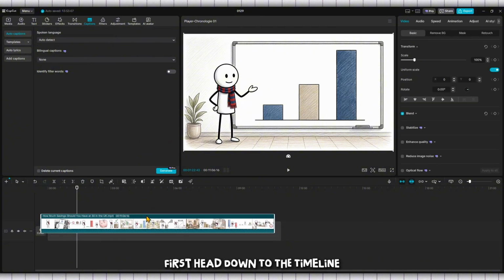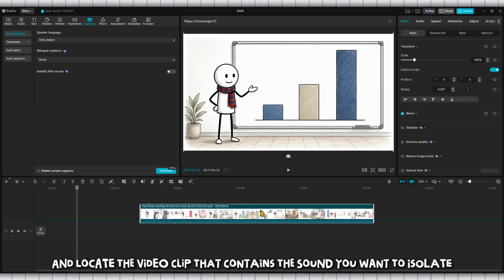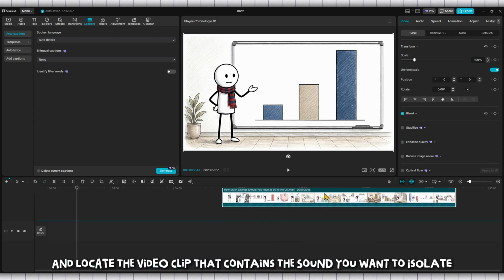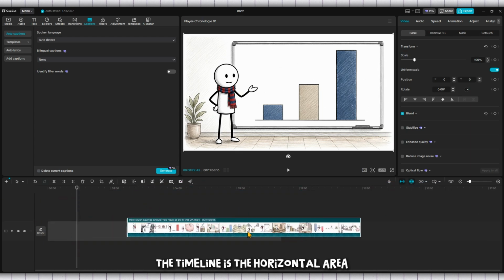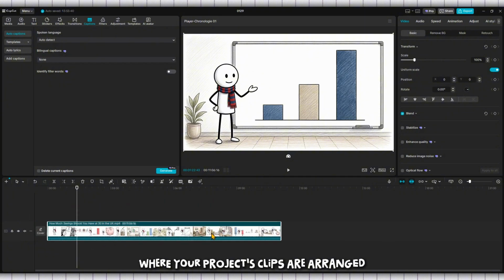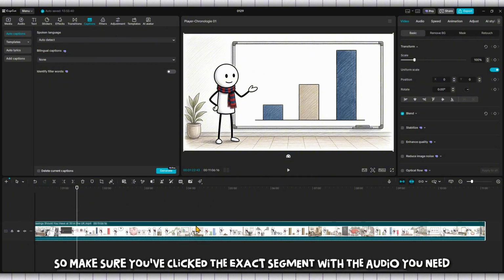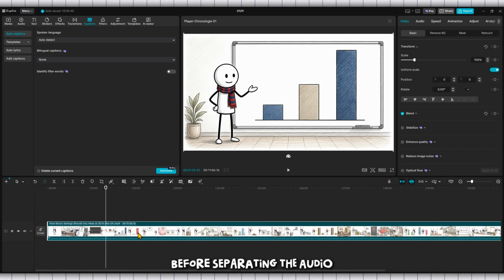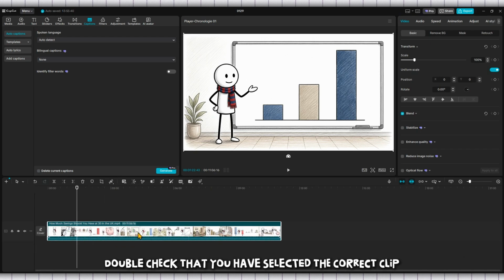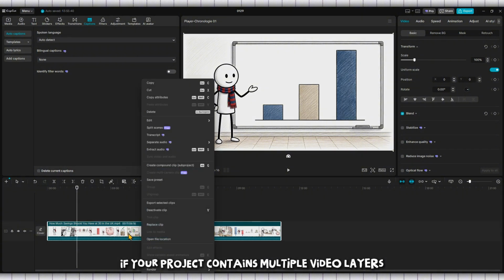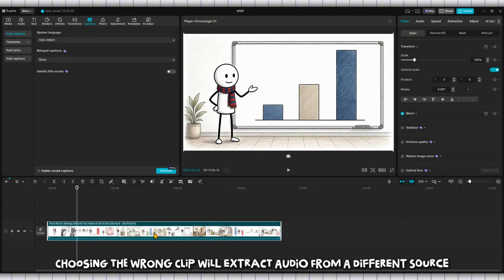First, head down to the timeline and locate the video clip that contains the sound you want to isolate. The timeline is the horizontal area where your project's clips are arranged, so make sure you've clicked the exact segment with the audio you need. Before separating the audio, double-check that you have selected the correct clip. If your project contains multiple video layers, choosing the wrong clip will extract audio from a different source than the